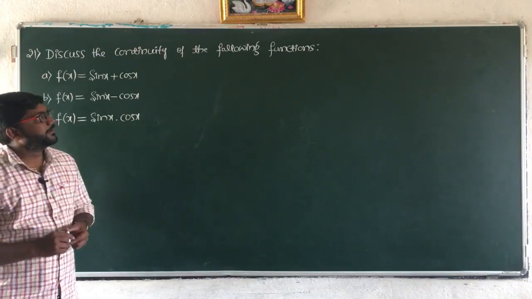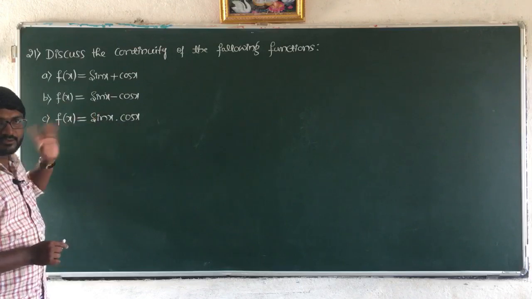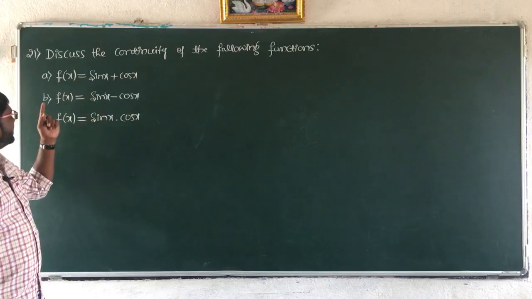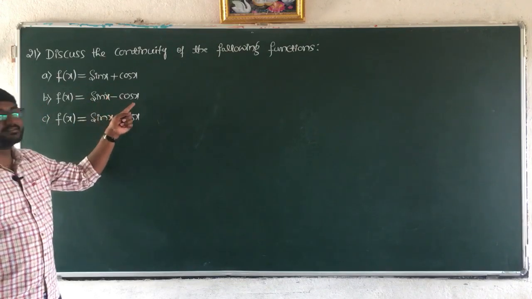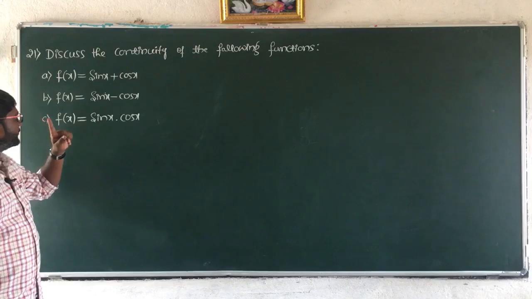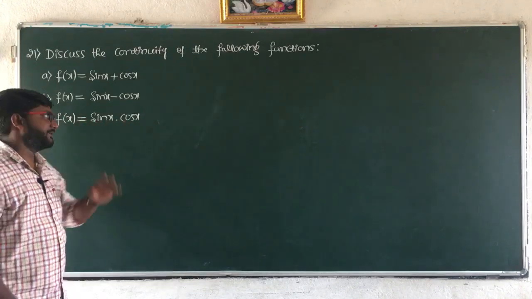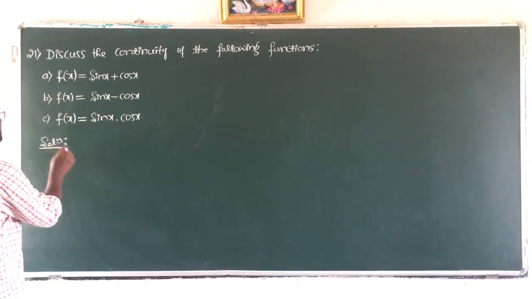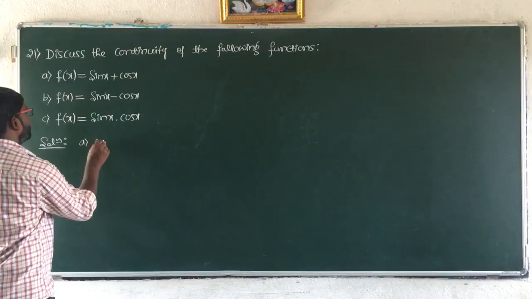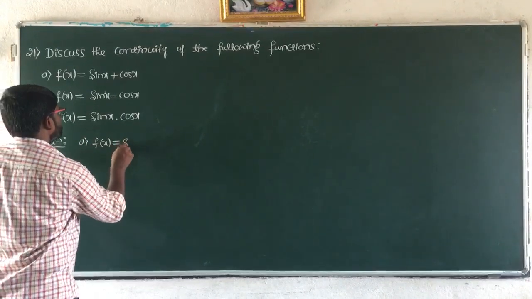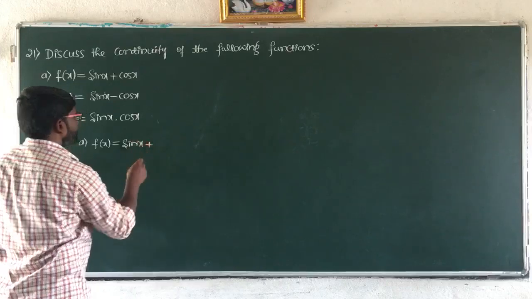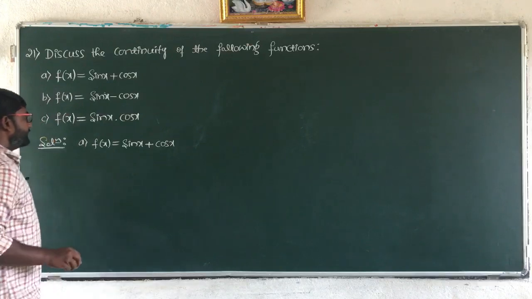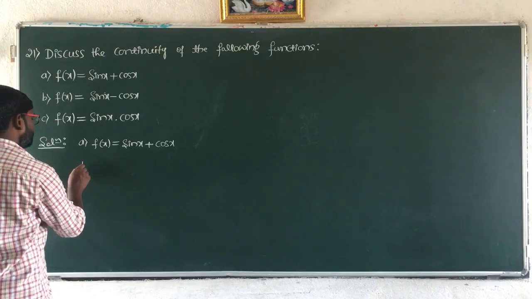Discuss the continuity of the following functions. In this we have 3 sub questions. First one, it is f of x equals sin x plus cos x, and second one, f of x equals sin x minus cos x, and third one, f of x equals sin x into cos x. So we will solve the first one now. First one, A, it is f of x equals sin x plus cos x. So now see here,